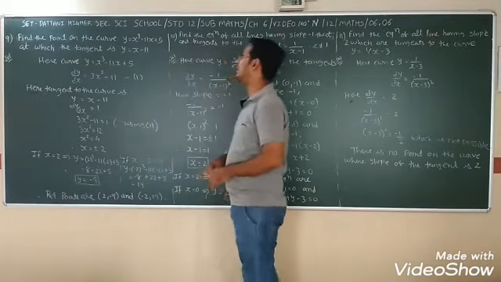Side change, minus and minus cancel, so (x minus 1) all square is equal to 1. Taking the square root on both sides, we get plus or minus 1. It means that x minus 1 is equal to plus 1, and x minus 1 is equal to minus 1. Minus 1 side change, so we get 2. In the other case, minus 1 side change becomes plus, so minus 1 plus 1 is 0.